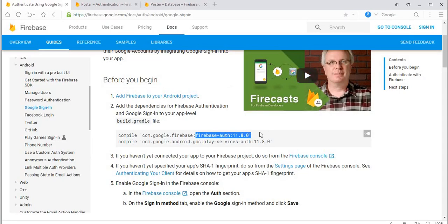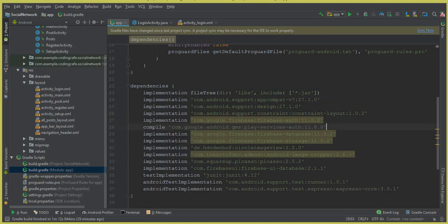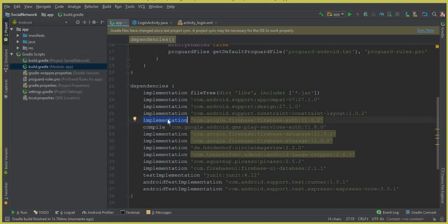So we will just copy this Google Play Services auth. You can simply copy this from here, and now we will paste it above after this Firebase auth, and make sure to change this compile to implementation. And this is our Play Services dependency, and remove the